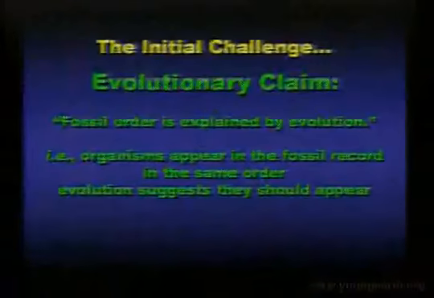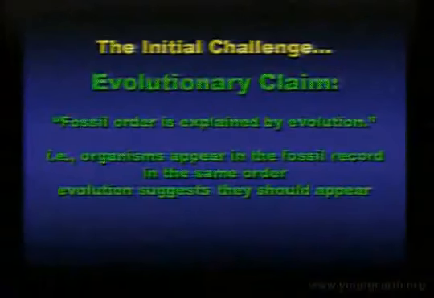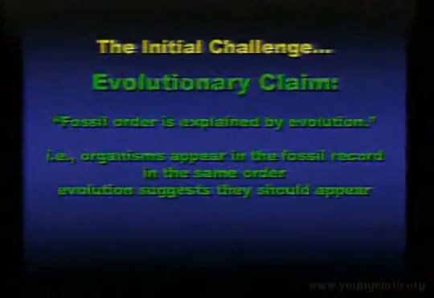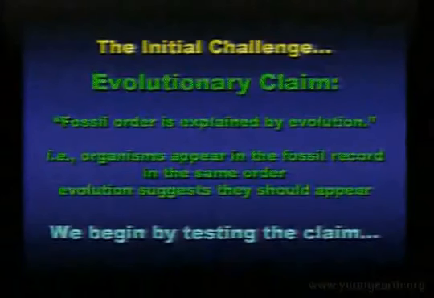Most of that is still not published, but one of the 7 that I thought was most significant was the claim that the fossil order is explained by evolution, and is thus evidence for evolution. Put a different way, organisms appear in a particular order in the fossil record, which is the order you would predict if evolution brought organisms into existence.